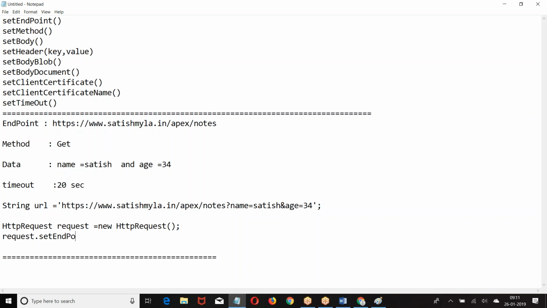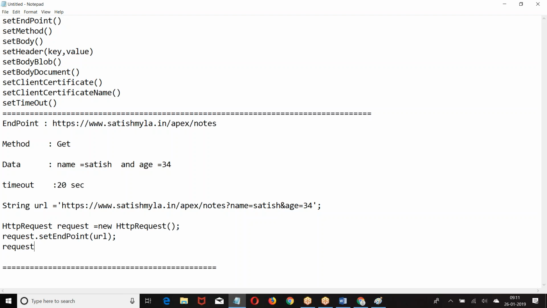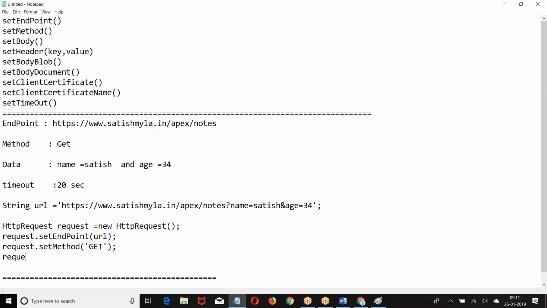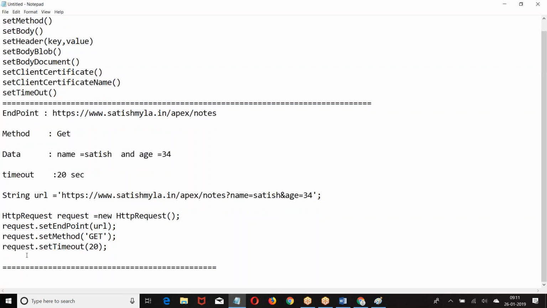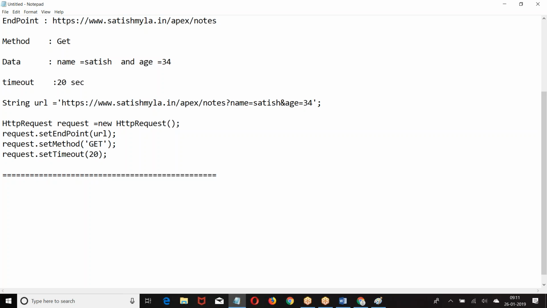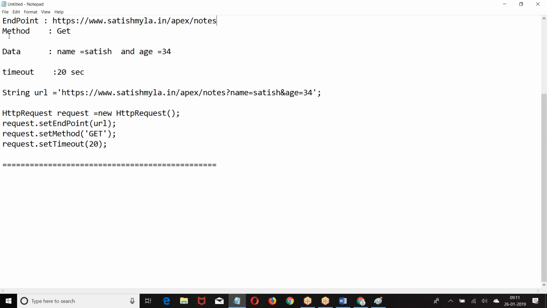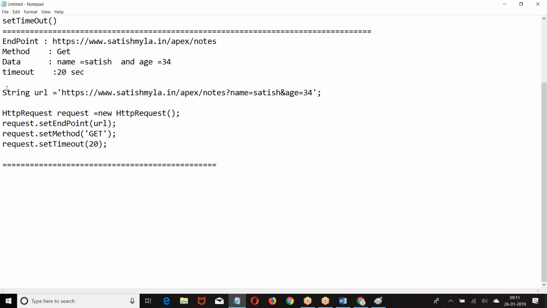Request dot set endpoint. Because it's a get method, any data you want to pass should be in the URL only.